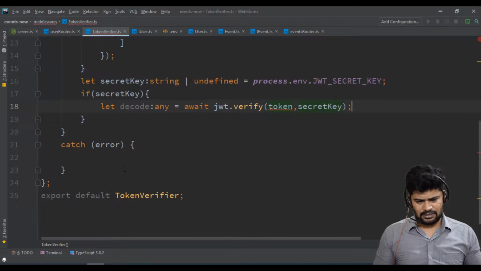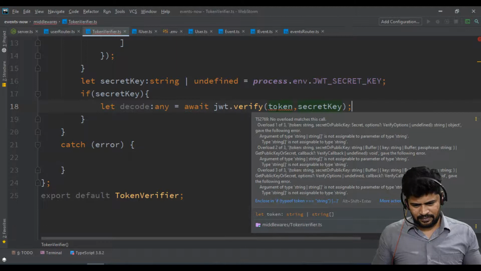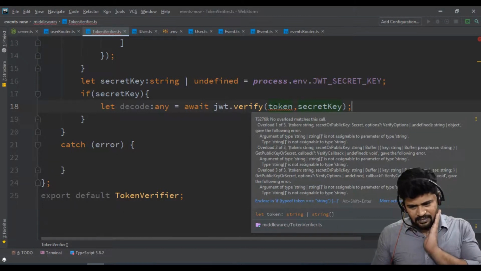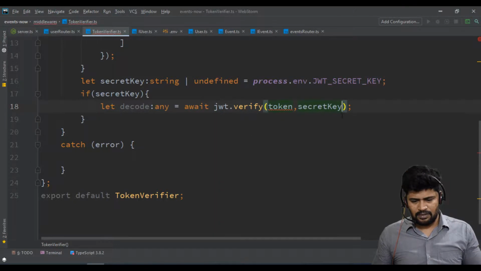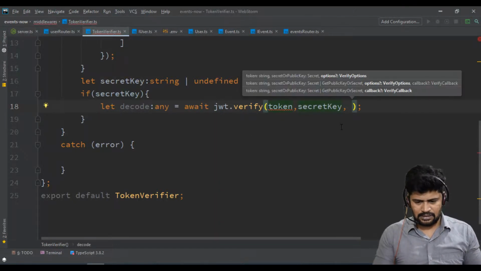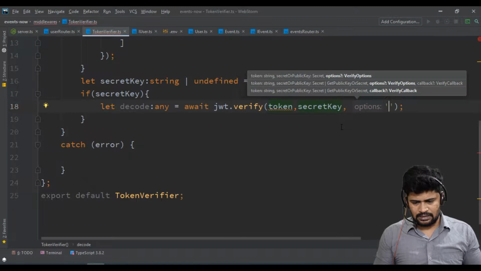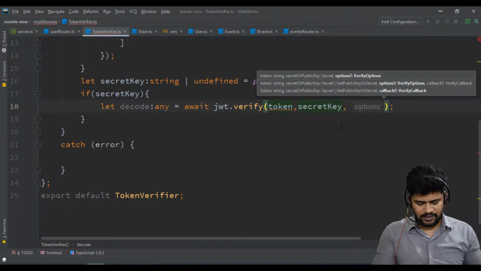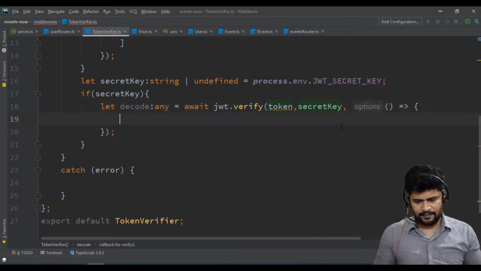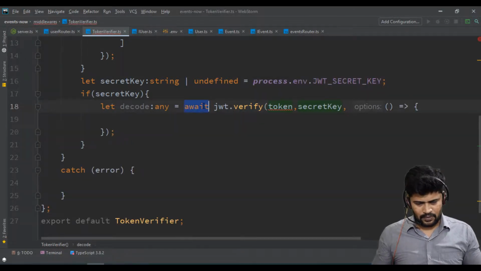Okay, and what's the problem? I think you have to provide some options. What options do you provide? I think you can take a function also directly there.